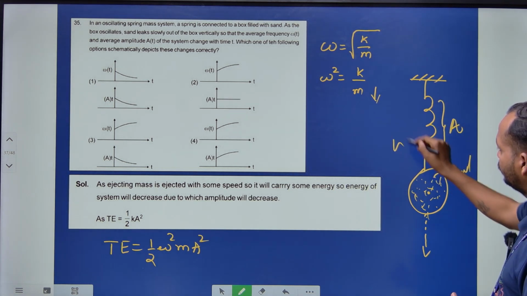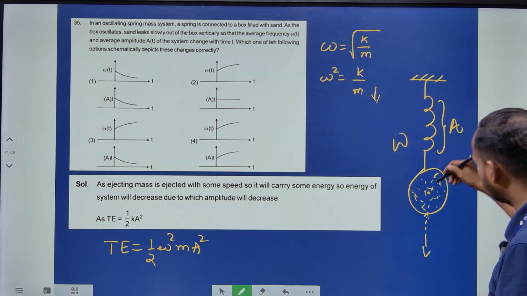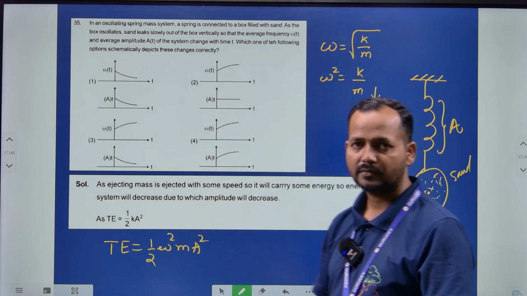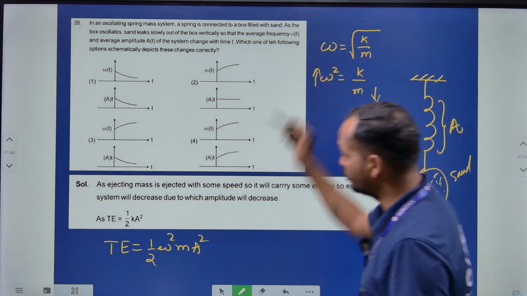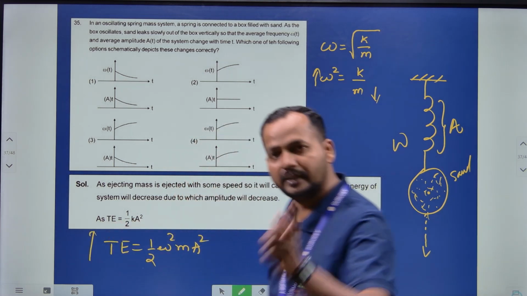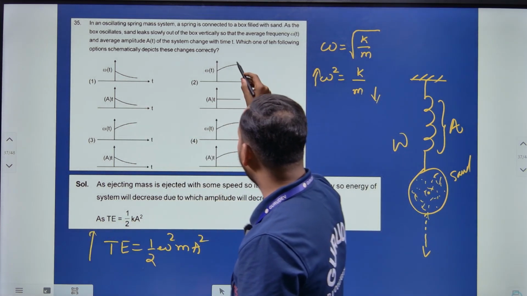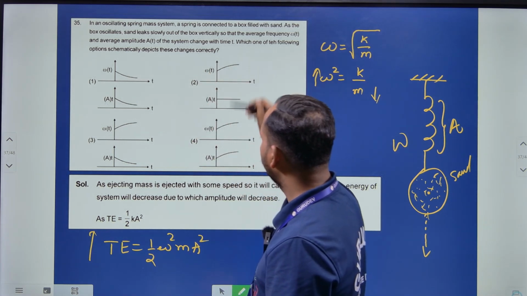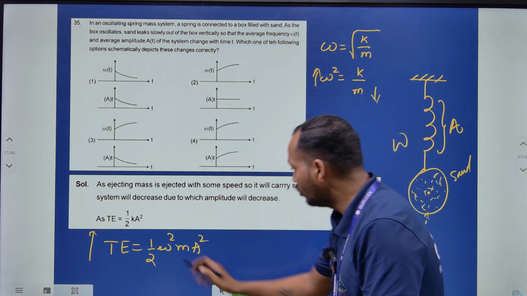था और ओमेगा जो था वो वेरी होगा। आप यहां पे देख सकते हो, अगर मास घटेगा तो ये ओमेगा इंक्रीज होगा, मास घटेगा तो ओमेगा इंक्रीज होगा। अगर ओमेगा इंक्रीज होगा तो टोटल एनर्जी इंक्रीज होगा। तो फर्स्ट जो ओमेगा के हिसाब से इंक्रीज कौन सा है, यहाँ पे 2 है, 3 है, 1 2 3, ये तीनों इंक्रीजिंग है।